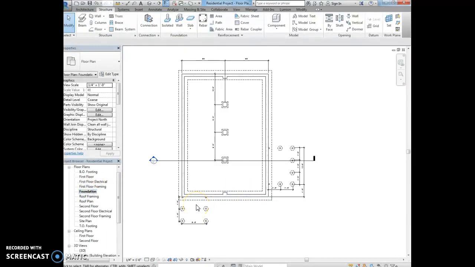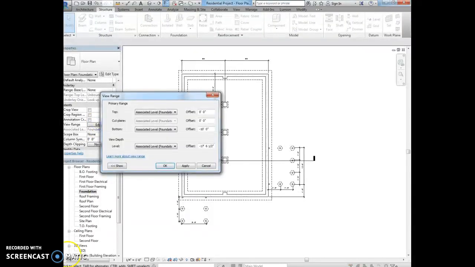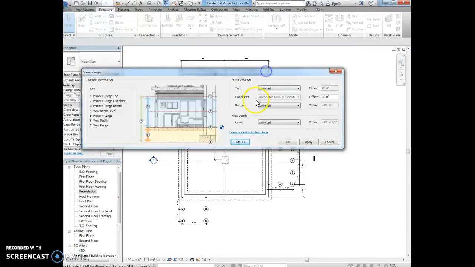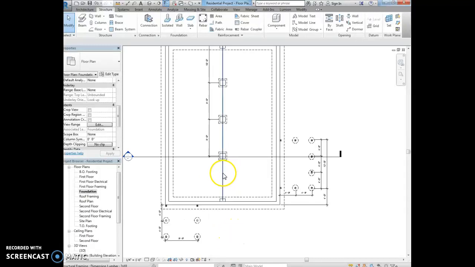So I still can't, so I probably have to adjust my view range. So I'm going to come over to my properties box and find view range and hit edit. To understand your view range more, you can hit the show button, so it kind of tells you what you're looking at. But what I like to do sometimes is just change my view range to unlimited. So I changed it to unlimited in all these spots, and then I set the cut plane offset to 2 feet. This is just so I can see this beam. If you can see the beam, you don't need to do this, but I couldn't see my beam, so I had to. So I'm going to say OK. So now here's my beam